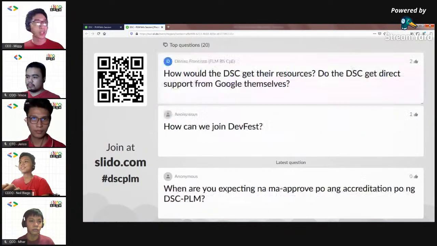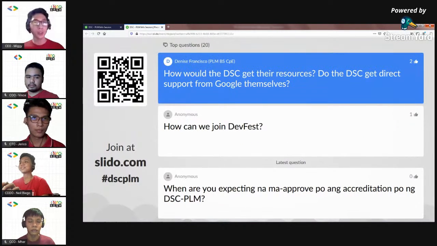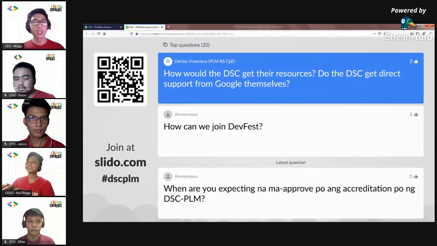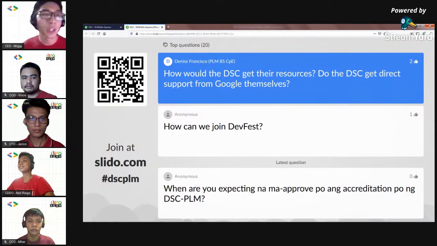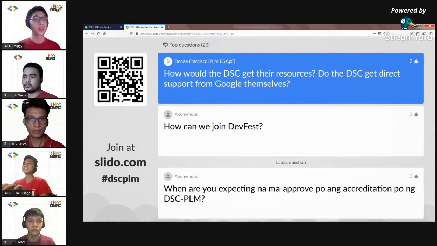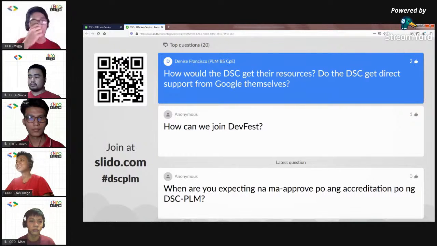So now let's head on to another one. How would the DSC get their resources? Do the DSC get direct support from Google themselves? Actually, for this one, in terms of the resources, yes, Google sponsors some of the resources. However, it's not always available because many chapters are also using that. So, but we will all try to do our best